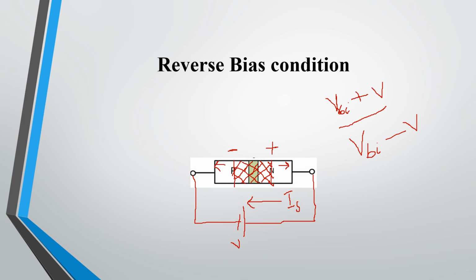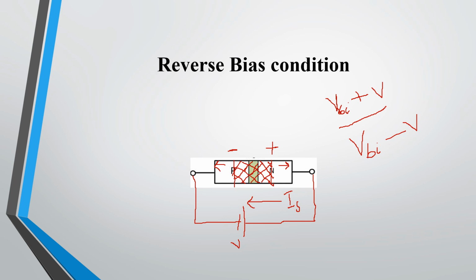So now we have come to the end of the session. Now I'll just summarize what we have discussed in this session. We have seen what a PN junction diode is and its working principle. Under working principle, we have seen what happens when it is zero biased, forward biased, and reverse biased. Under zero bias condition, no external voltage is applied to the PN junction diode. When a P type and N type are sandwiched, a depletion region will be formed.